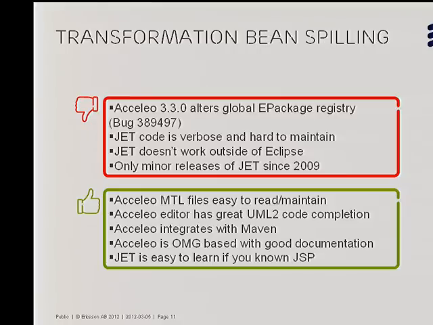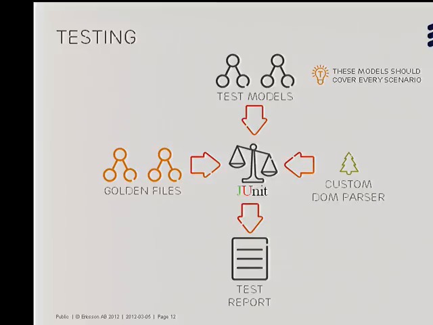So, yeah. Then how do we actually test the models? We've got all these transformations, and it's really, really important that we don't screw up when we put a new feature into these transformations. So we have to guarantee that the code and the transformations are always backwards compatible. They can add new things, but they can't break the existing code. So for that, what we've done is we've created a very large amount of input test models. We try with these test models to express all the different possibilities. We don't have them all, but as many as possible of input models to go into our